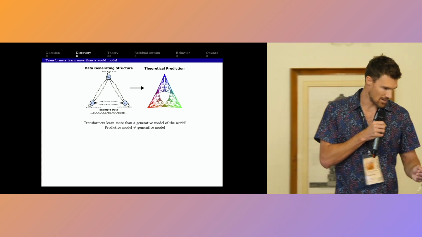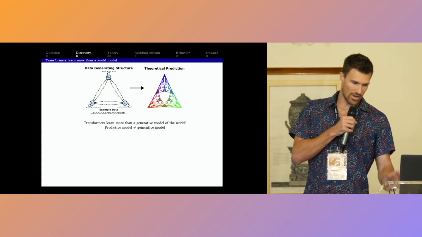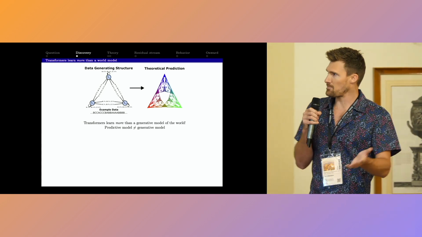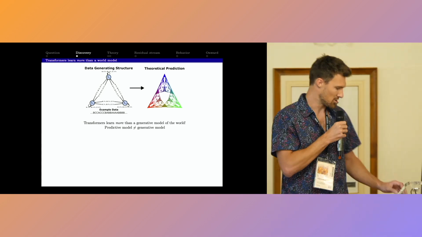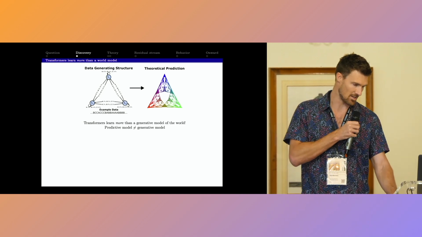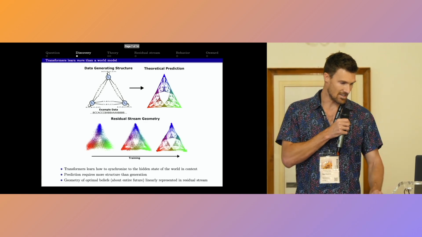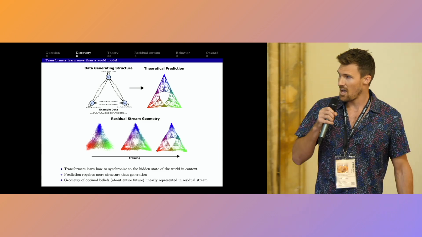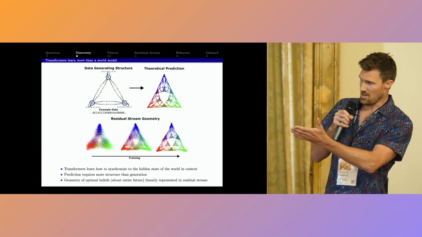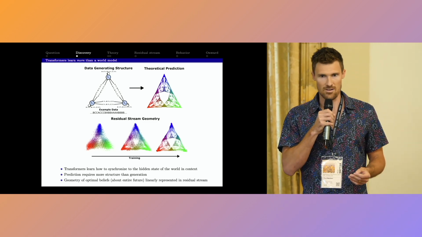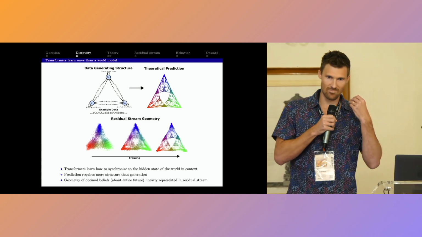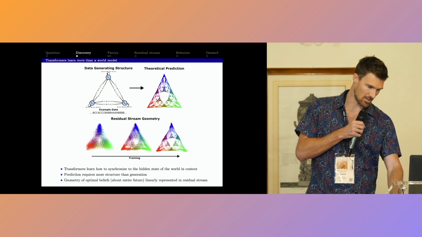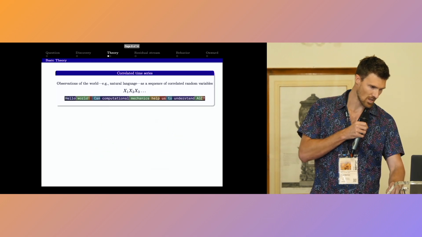And so we expect this sort of structure, and in fact, we expect something like this to just appear conveniently in the residual stream. So we train a model on this example data, and indeed, over the course of training, this fractal is linearly represented there in the residual stream. So we can say we actually know what it's learning and can detect it there.